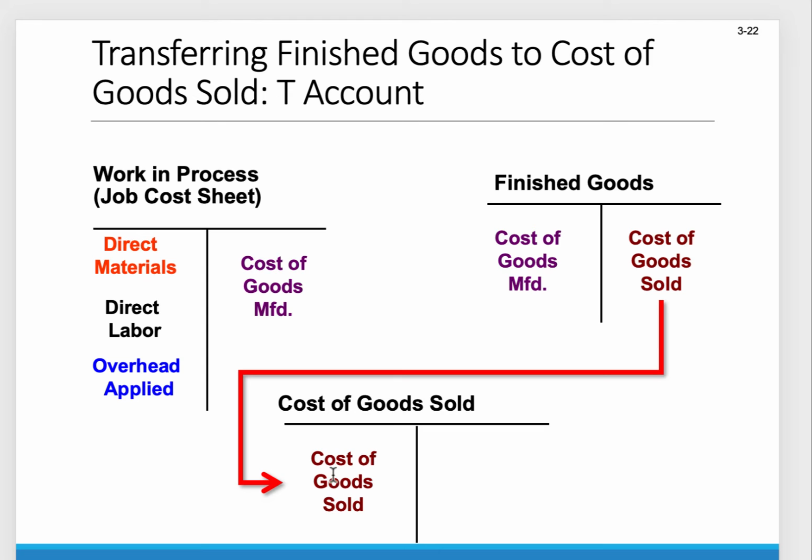Okay, now when finished goods leave the finished goods account and flow to the cost of goods sold account, they are leaving the balance sheet and they are showing up on the income statement. Okay, so we have an asset that we sell. As soon as it's sold, it's not an asset anymore, it's an expense. Okay,